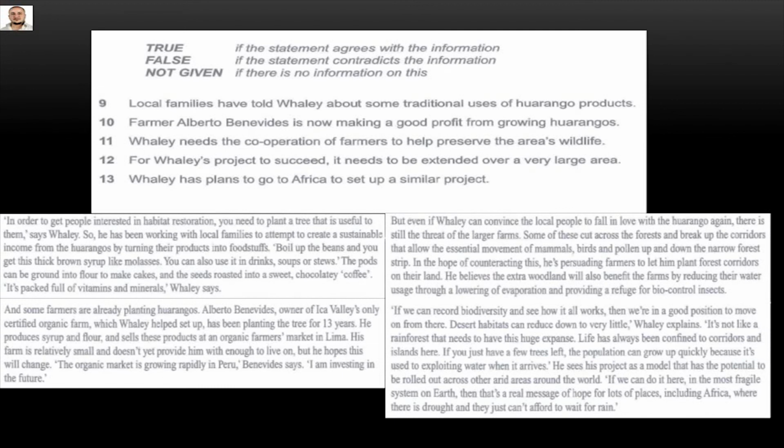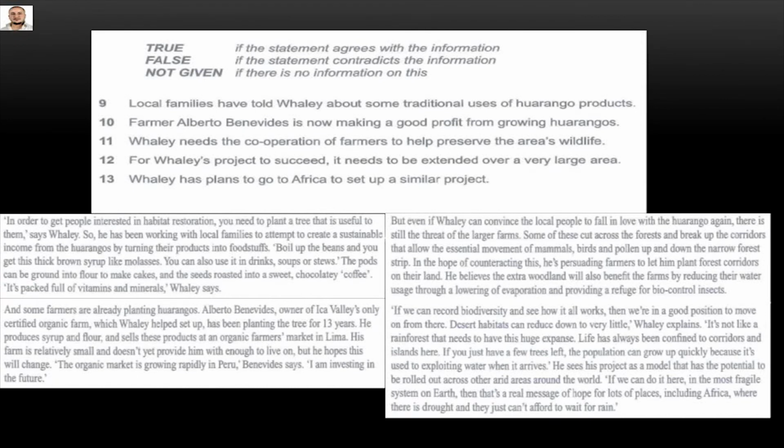It's not like a rainforest that needs to have this huge expanse. Life has always been confined to corridors and islands here. If you just have a few trees left, the population can grow up quickly because it's used to exploiting water